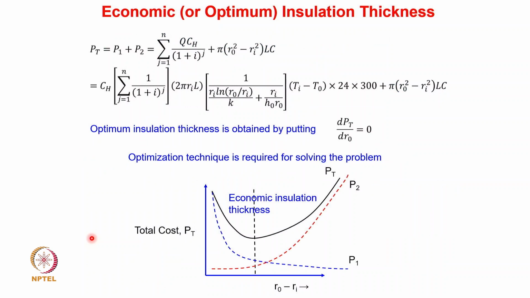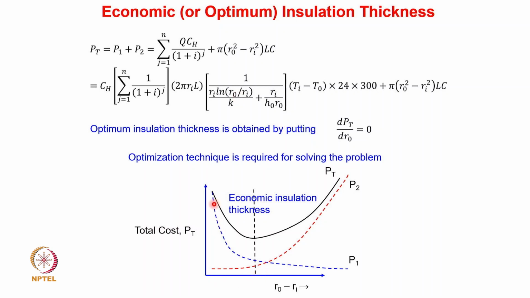You can see that in this particular equation Ri is fixed, whereas R naught is a variable. So we can differentiate this equation with respect to R naught and equate that to 0, and it is going to give us the optimum value of R naught. The optimum value of R naught minus Ri is going to give us the optimum value of the insulation thickness which is required for